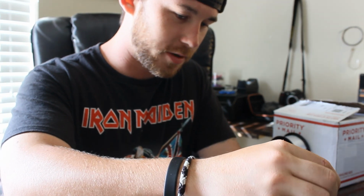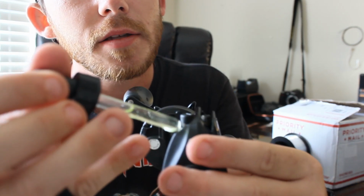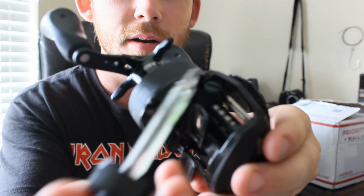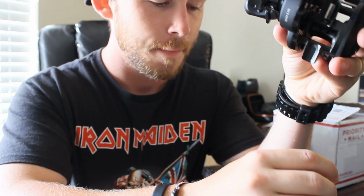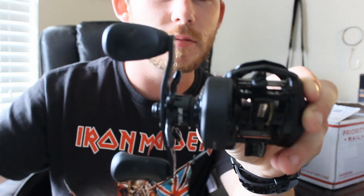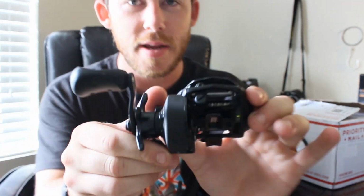So you're going to take it, just get you a very small bit. You're going to put it right in here on the guides. Get it nice and lubricated. You don't have to put a lot, just a little bit right in there. Right there. And then you're just going to wind it so that oil gets all nice in there. And you can feel it gets so much smoother and smoother as you go. It's just amazing. And then you got it. Okay, so now that our baitcaster is clean and oiled, now the next part is to